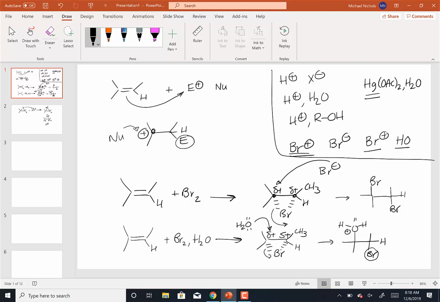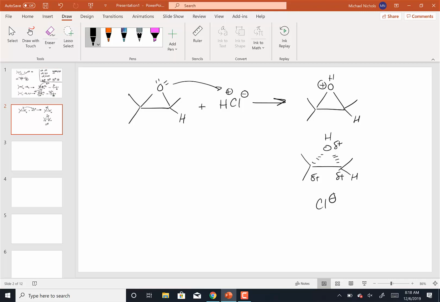So when we're opening up epoxides, I should just get right to the point. We're basically using the same principles that we use for bromonium ions and for the mercury ions. When we protonate the oxygen, we're making a species with a positive charge. That's going to push all the electron density down to the two carbons. The chlorine is going to come in and add to the carbon with the most positive charge, and then the OH group is going to swing over to the other carbon, so that the final product that we make is going to have